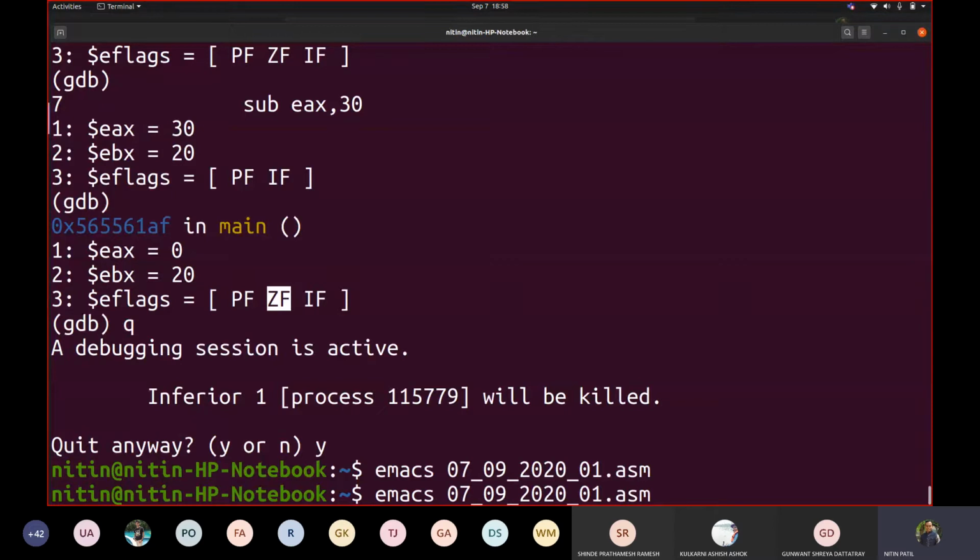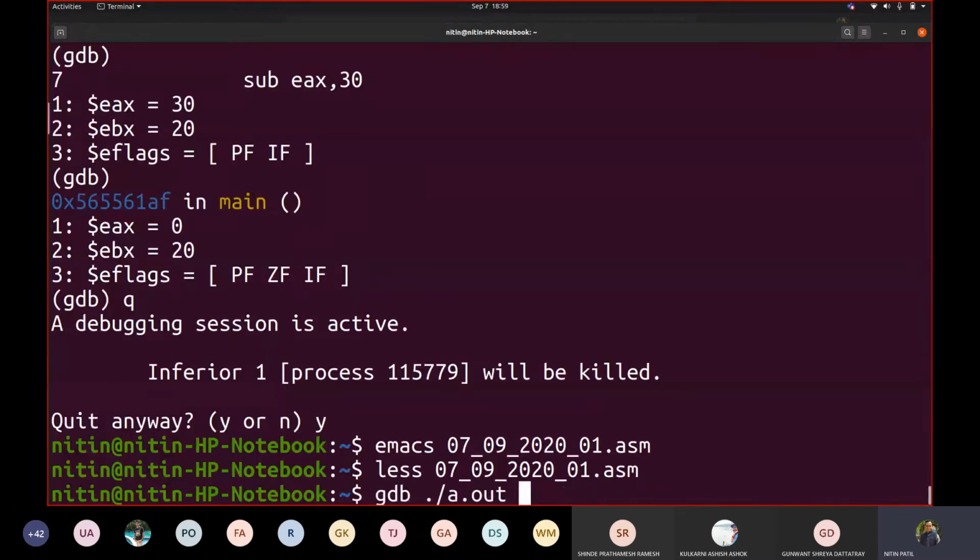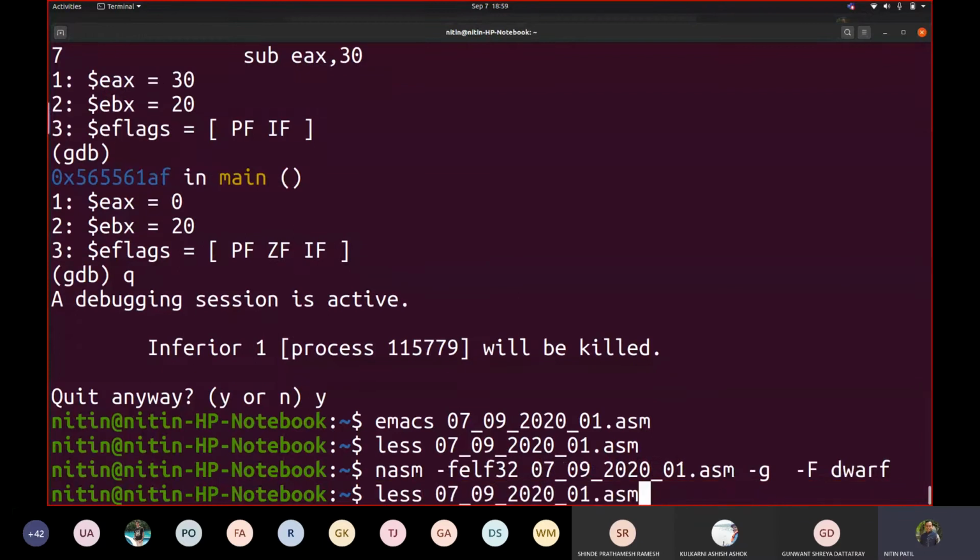This is the code that I added. I replaced that 30 by 40 now. Earlier the zero flag was set because result was 0. Now what if I'm going to get a negative result?